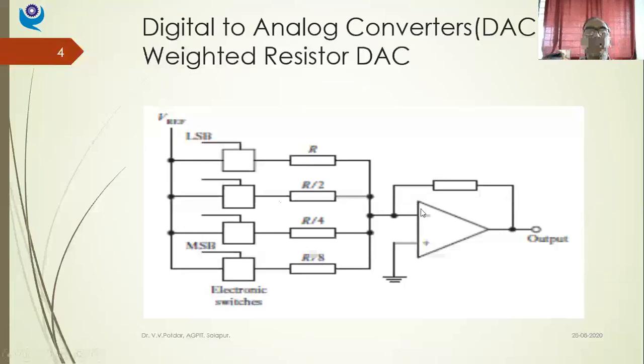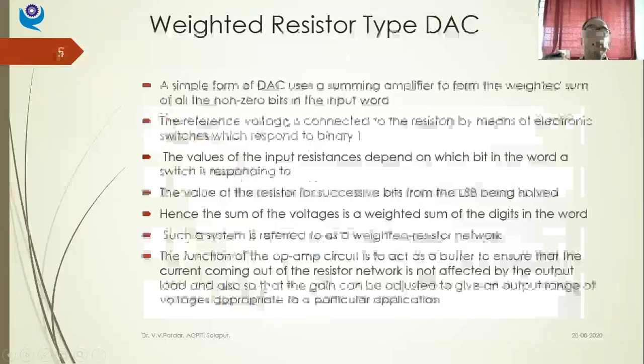Now I have to see, while calibrating this D2A converter, that I need to calibrate it by various trials and errors related to my reference voltage and selection of resistance. I have to be very cautious about the selection of resistances. Otherwise, I will not have appropriate D to A conversion.